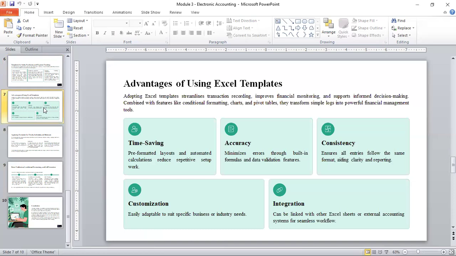Are there advantages of Excel templates? Using Excel templates, yes, there are. Adopting Excel templates streamlines transaction recording, improves financial monitoring, and supports informed decisions. Combined with features like conditional formatting, charts, and pivot tables, they transform simple logs into powerful financial management tools. And when we talk about the benefits or advantages derived from using Excel templates, this includes